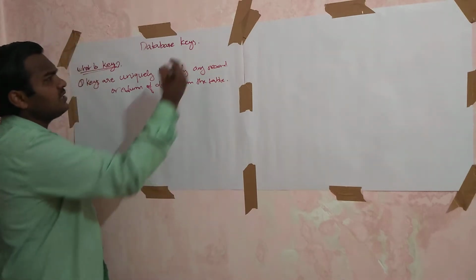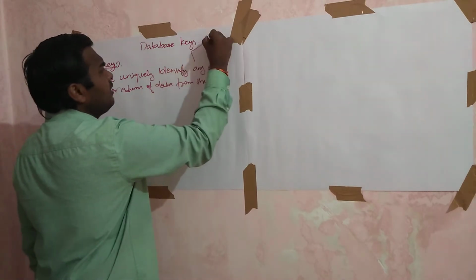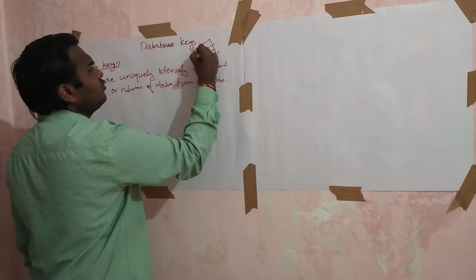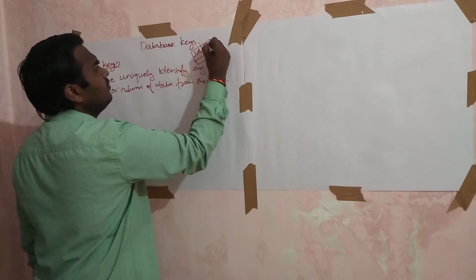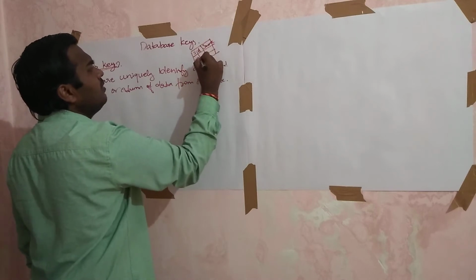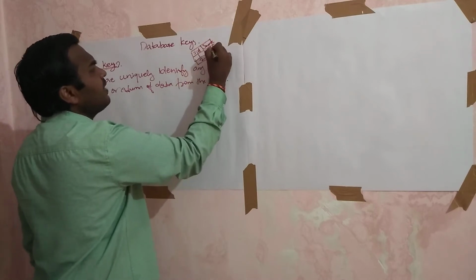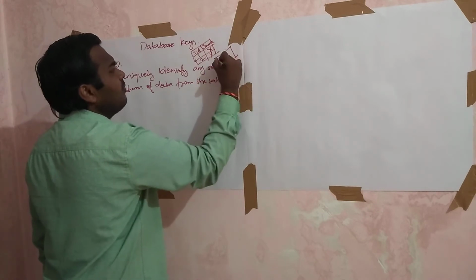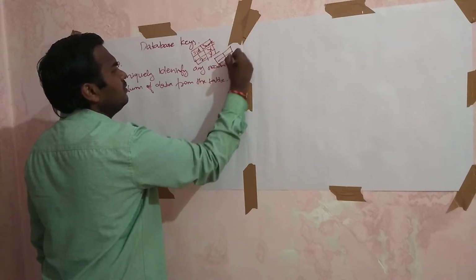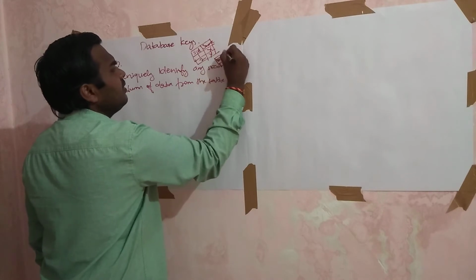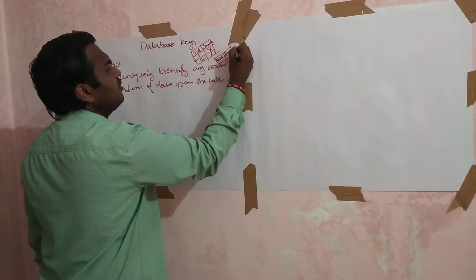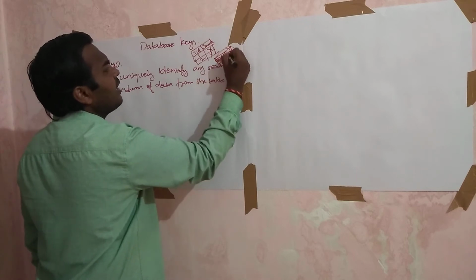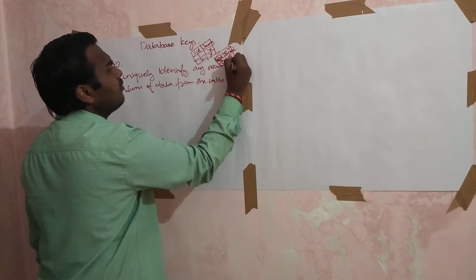Let me take a small example. I have a student table. In that I have student ID and student name, with values 1 and 2, and names X and X. I have another table, the employee table, with employee ID and employee name. These are attributes. I have values 3 and 4, and names Y and Y.